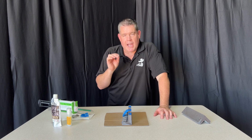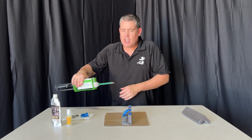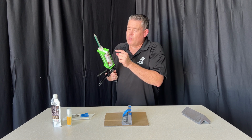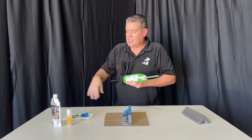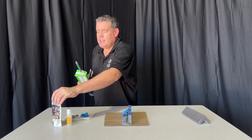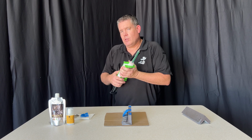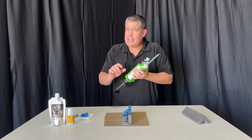That's why if you are doing miter edges or you're doing any edge laminations in the shop, I highly recommend you look at using a cartridge system. This will take your game to the next level. You're going to have a perfect color match every time, and you're going to have really strong seams that you can rely on and count on, because you've just got a consistent bead that's just curing as you use it. Like I say, again, I'm not trying to say this is what you have to do. I'm just trying to say if you really want to give your customers the best finished product possible, you really should look at using an actual cartridge system anytime you're doing a miter edge or anytime you're doing any sort